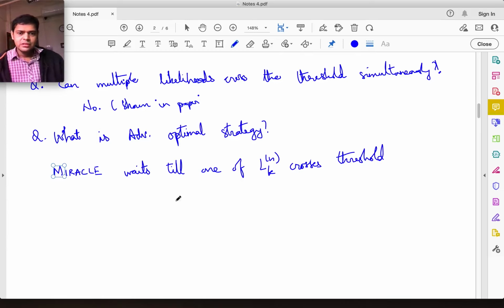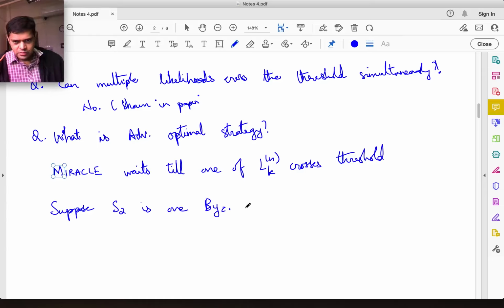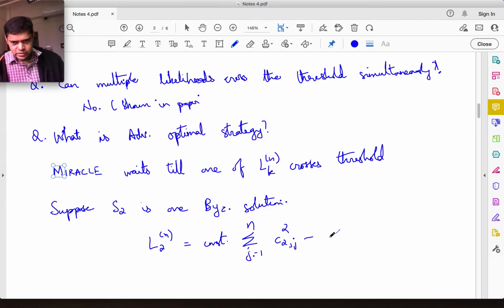So suppose S2 is submitted by the Byzantine adversary. So what is L2 of n? That is the constant multiplied by C2j square minus